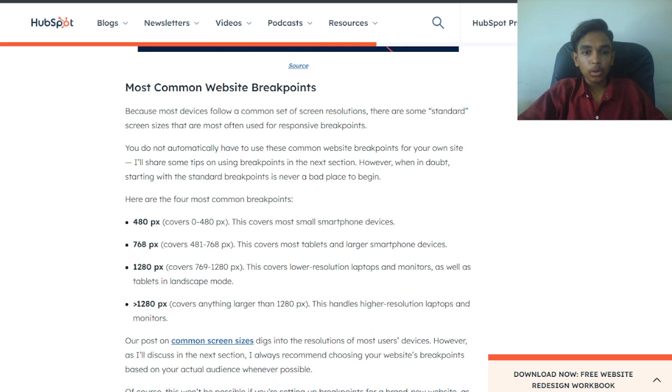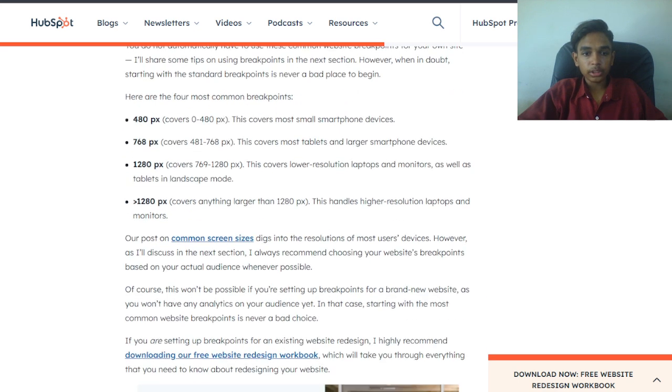Here are the most common breakpoints. 480px covers most small smartphone devices. 768px covers 481 to 768, which covers most tablets and larger smartphone devices. These are the most common screen sizes and resolutions of most user devices. However, I'll discuss the next reasons.